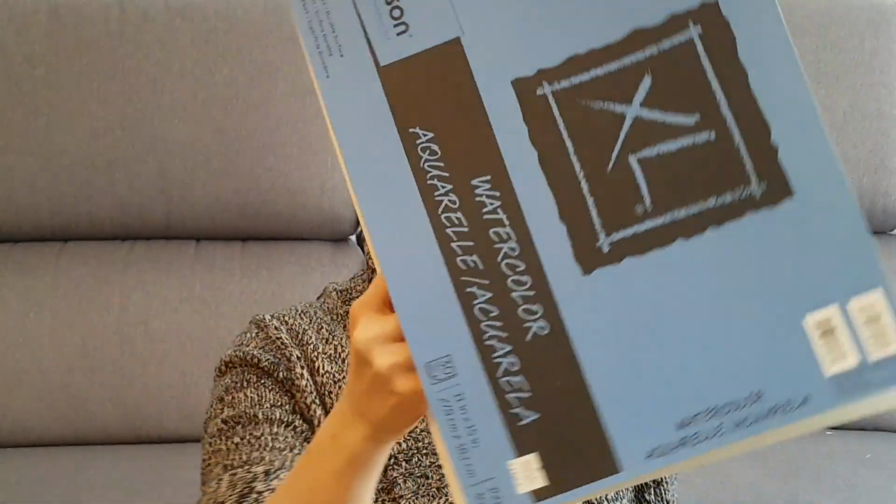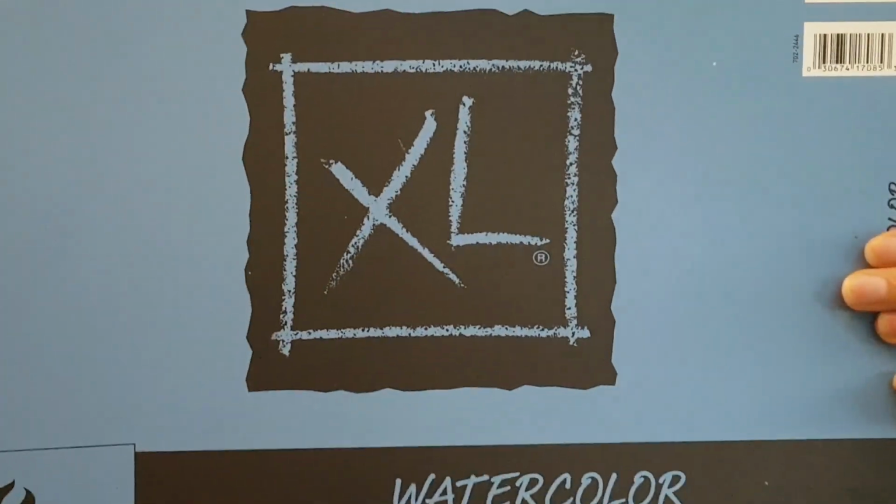So once you've figured out what you want to paint, what's your inspiration, you will then want to lay that down on some watercolor paper. So I have this kind of watercolor paper. You can get watercolor paper from most art stores, but you can also find it at the dollar store. I've seen it there. So if you just want to get some less expensive kind, that's where I found some. And then again, you're going to need watercolor pencil crayons. You're going to need some water,